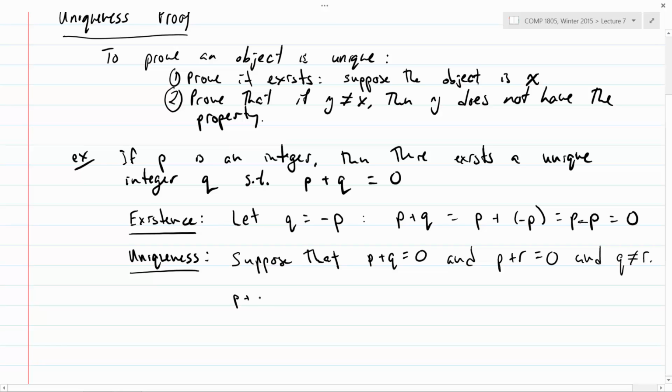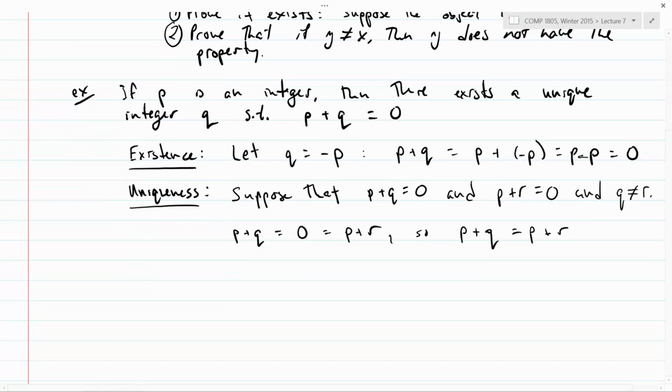Well, if p plus q is 0, well, p plus r is also 0. And that must mean that p plus q is exactly equal to p plus r. Right? Because two things that are equal to the same thing are equal to each other. That's the transitive property, and we'll come back to that later in the course. So if p plus q equals p plus r, well then we can subtract p from both sides to get